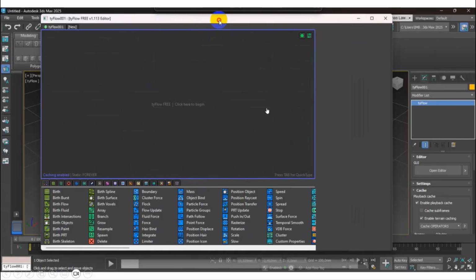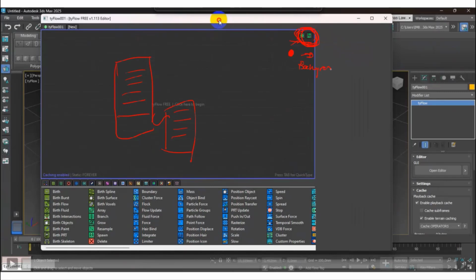Remember when you play around, maybe you design a lot of items here. Before you run, you need to click here to make sure the green switches to red. Why? Green indicates it is running. Sometimes your computer is heavy, because when you play around with Tyflow or particle flow, green indicates they are running, rendering in the background. That makes your system slower.